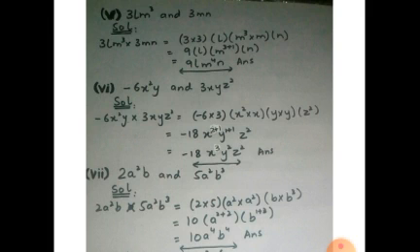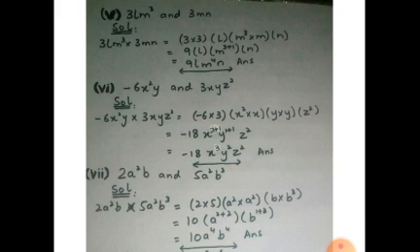So we separate the numeric values first, so it becomes minus 6 multiplied by 3, and then we separate the like terms, so it becomes x² into x, y into y, and then z². So minus 6 into 3 gives us minus 18. Then we add the powers, so it becomes x^(2+1), y^(1+1), and z². Then when we add the powers, it becomes minus 18x³y²z², and this is the